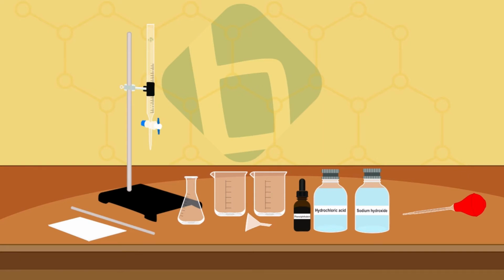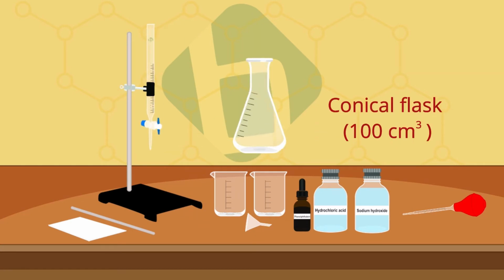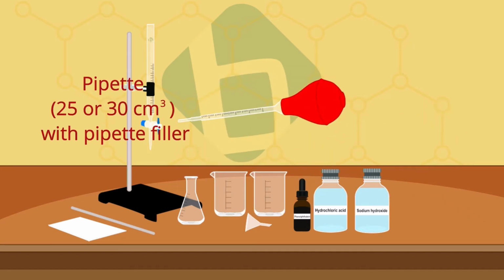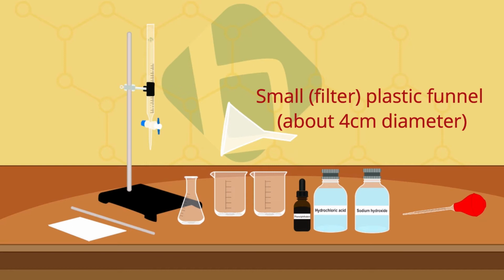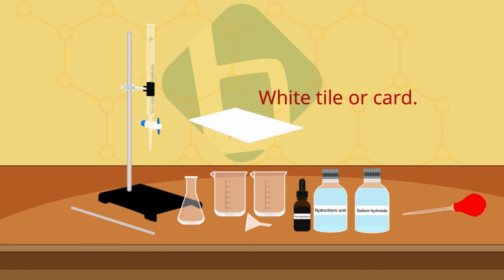Materials needed for the experiment are a burette with a capacity of 30 or 50 cubic centimeters, a conical flask with a capacity of 100 cubic centimeters, 2 beakers each with a capacity of 100 cubic centimeters, a pipette with a capacity of 25 or 30 cubic centimeters with a pipette filler, a stirring rod which is optional, a small filter plastic funnel of about 4 centimeters in diameter, a burette stand and clamp, and a white tile or card,